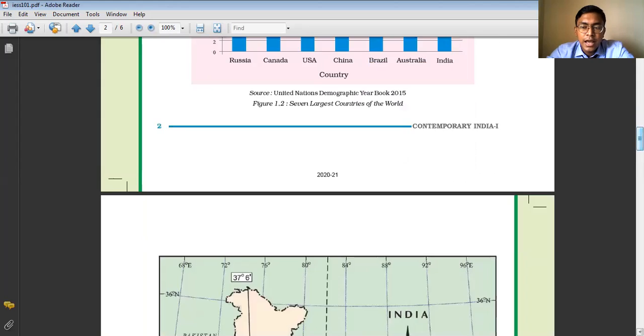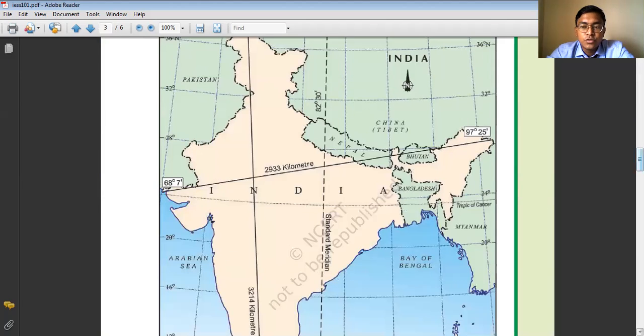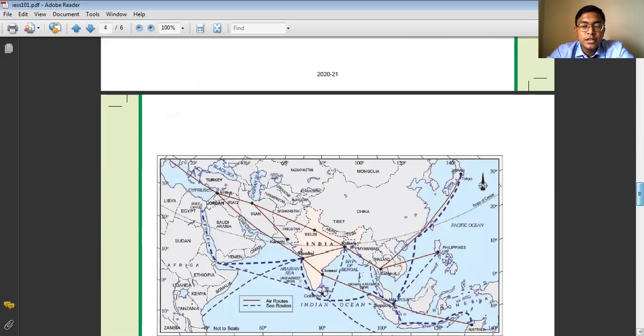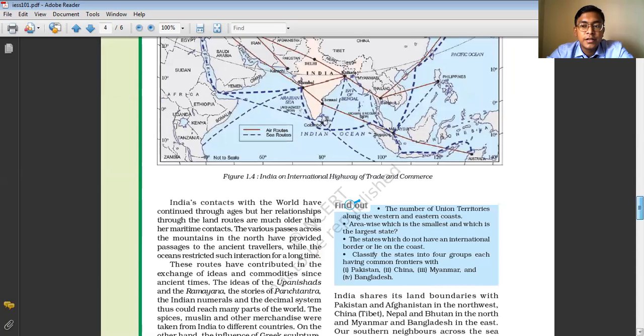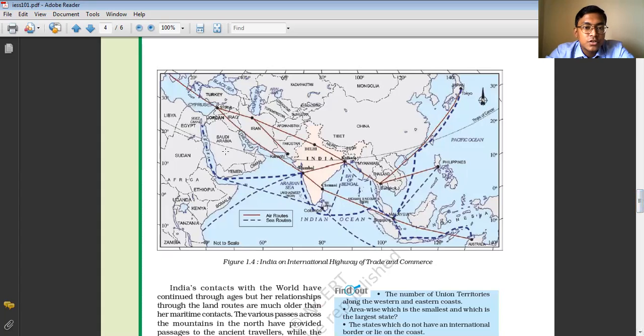After the discovery of the oceanic routes, it became much easier for Indian people to send goods to European countries, and transportation through the oceanic routes became easier and faster after the construction of the Suez Canal. After the Suez Canal was constructed, the time taken by ships to travel from India to the European countries got reduced, by around 7,000 kilometers.